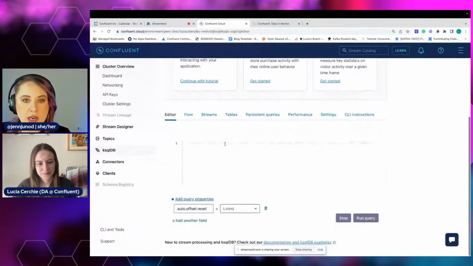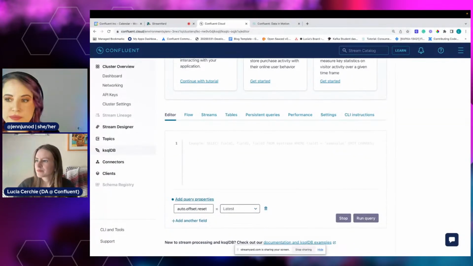Our cluster is up, and I was sharing my screen with Infinite Share while I was sharing this link, so I apologize. I just realized. All right, so I will add you back to the stream. All right, we can see Confluent. Okay, awesome. And the editor.